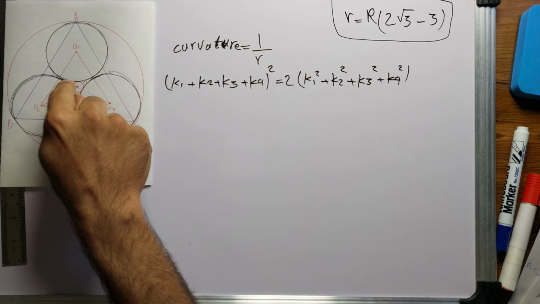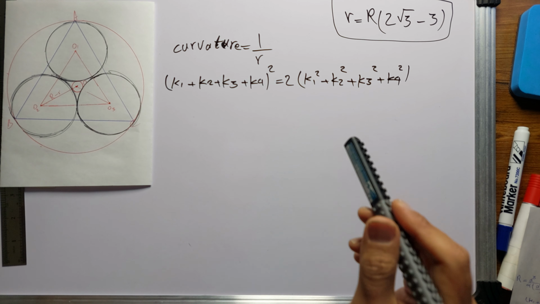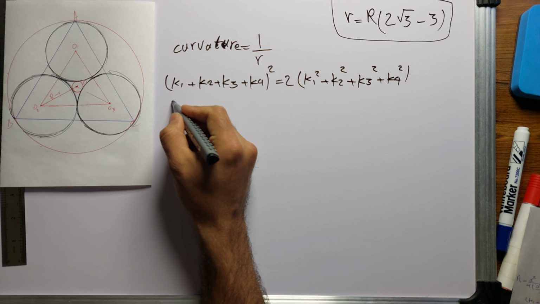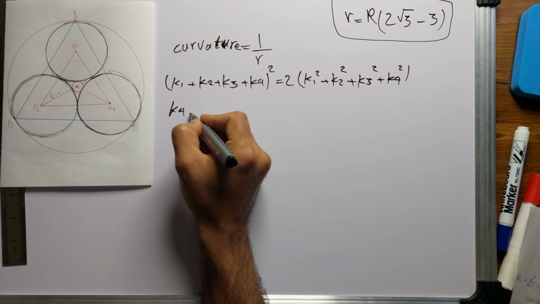One is the radius of the smaller circle, and another one is the radius of the big circle. So this is a little time consuming to replace,